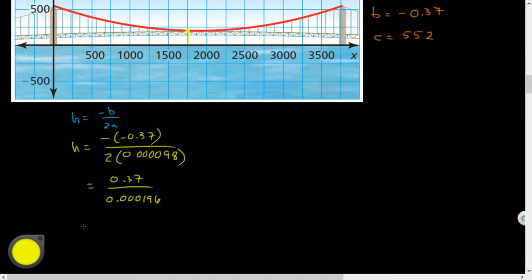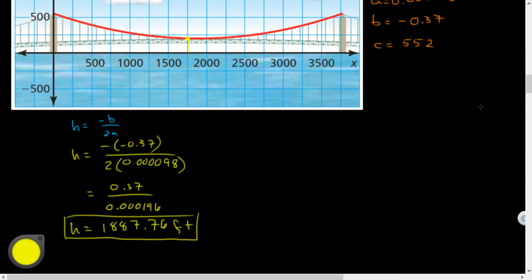And I'll do 0.37 divided by 0.000196. And I get h equals 1887.76 feet. What does h represent on this graph? Or where is h? How would I have spotted h here? Right, but graphically, what does h represent? No? That h normally would have represented that. H is the